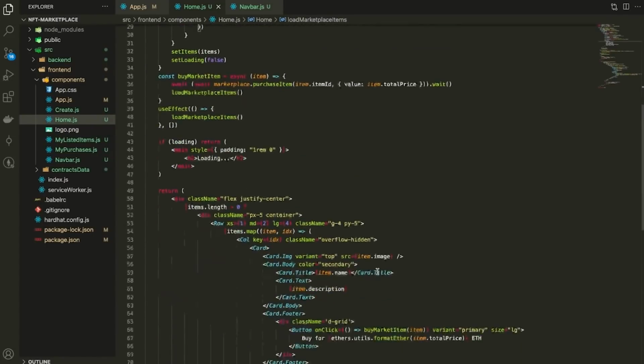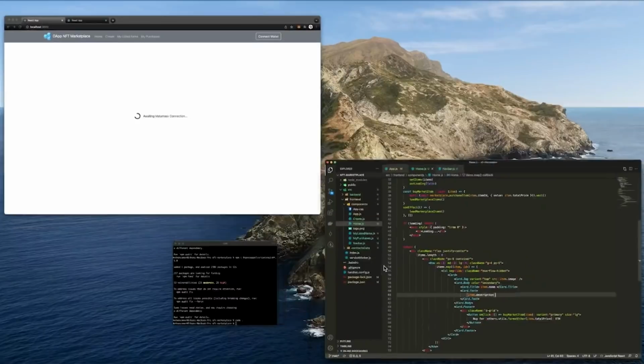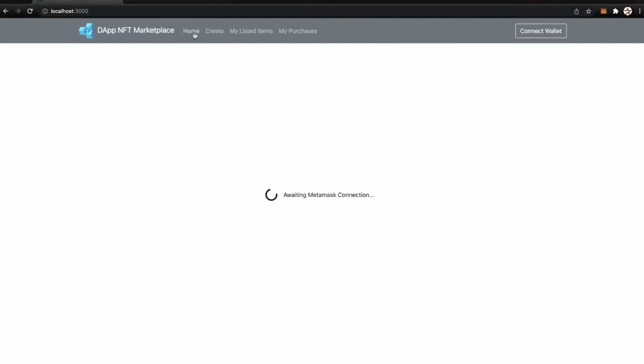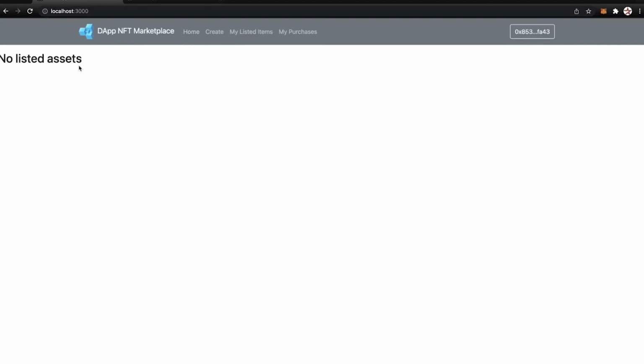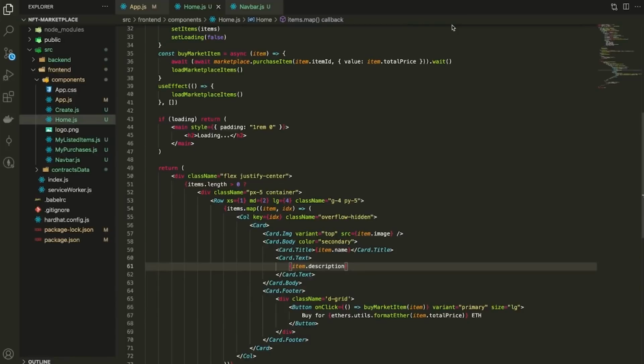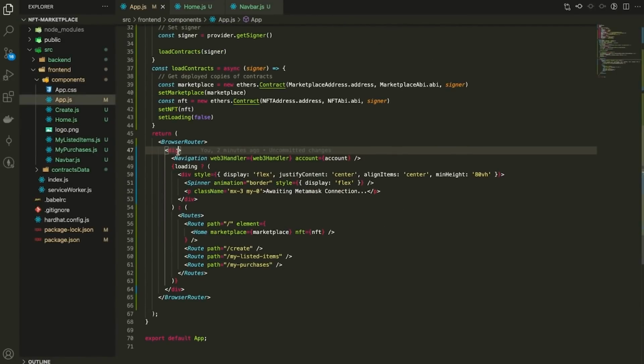Now let's check out what the app looks like now. So here it is. Let's go ahead and connect our wallet for the first time. Awesome, and it works. So right now it's displaying no listed assets because we haven't called the make item function on the marketplace yet. And really quickly, let's go ahead and center this no listed assets to where it's located right here. We can do that quite easily by returning back to the App.js component, going to this div, and